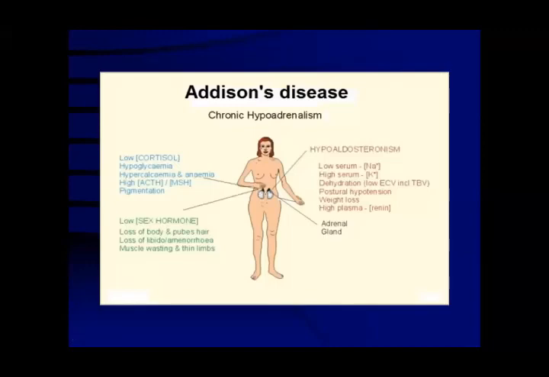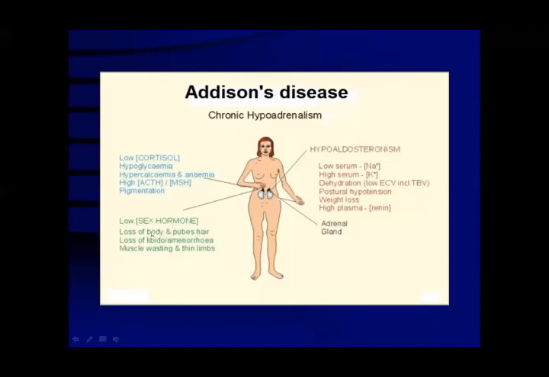Okay. This is hypoaldosteronism. There is low sodium, high potassium, and dehydration because of the low extracellular volume. Postural hypotension, weight loss, high plasma renin activity, and low cortisol levels. There is hypoglycemia, while in Cushing syndrome you saw that there was hyperglycemia. Hypoglycemia and anemia, high ACTH level, melanocyte stimulating hormone is high, there is more pigmentation on the skin, and low